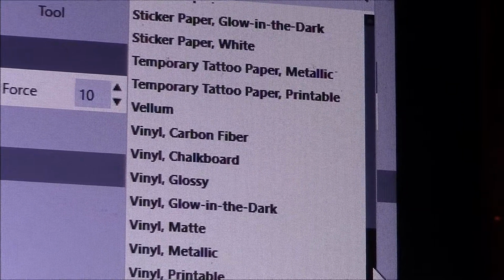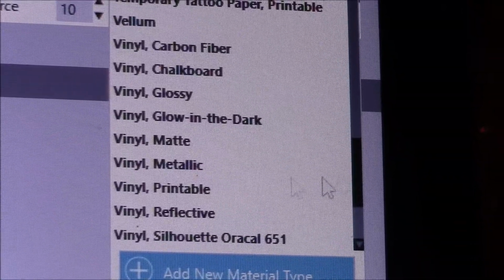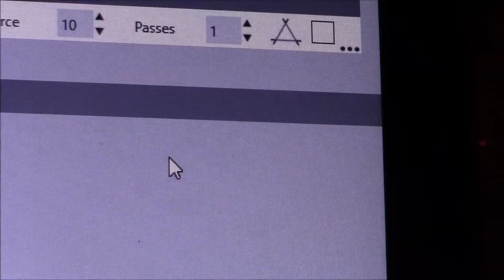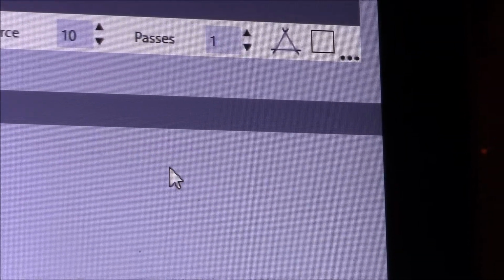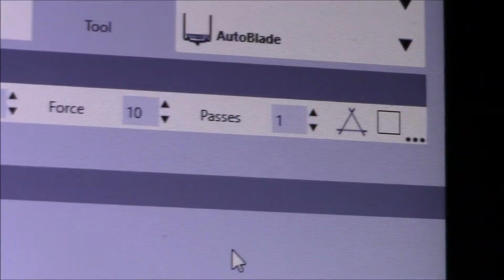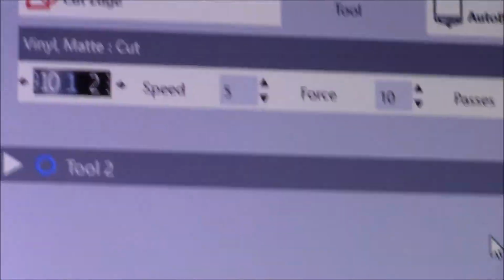Is that focused? Yep. Right, so you can see vinyl mat. So then that fills what it thinks it should be. You can adjust it. You'll get used to your own